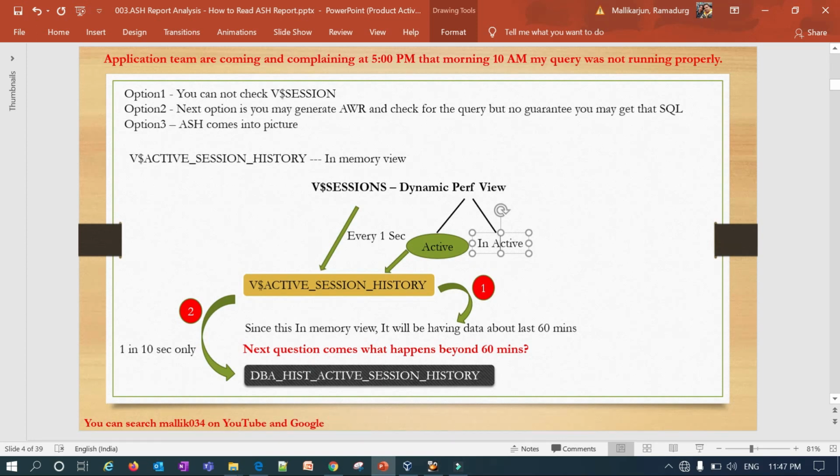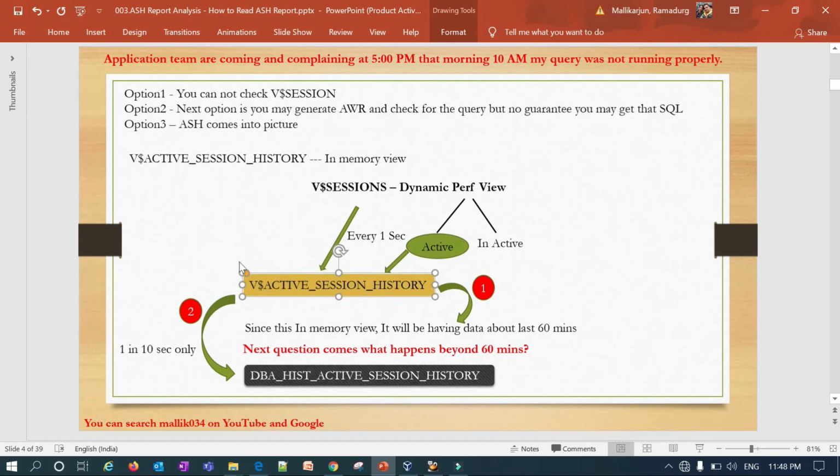The application team is coming and complaining about this particular issue after almost 7 to 8 hours. But how long can you hold data in your active session history? You can hold data only for 1 hour. If the data is older than 1 hour, you will not be able to find it in your active session history.